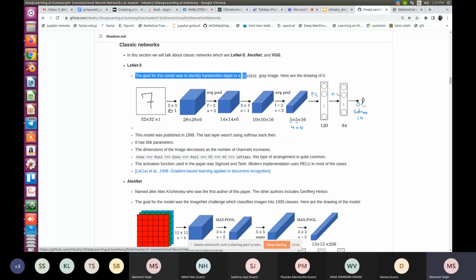So 27 by 1 plus 1 gives you 28. So you basically use 6 such filters of 5 by 5. So you have this 3D matrix of size 28 by 28 by 6, and then you do average pooling with filter size 2 and stride 2. The size of your matrix reduces and becomes 14 by 14, and then you do another convolution and another average pooling,